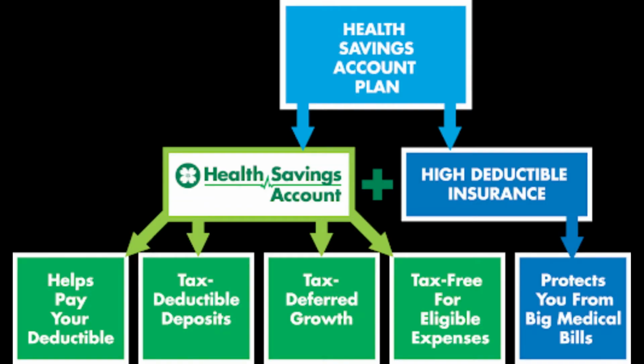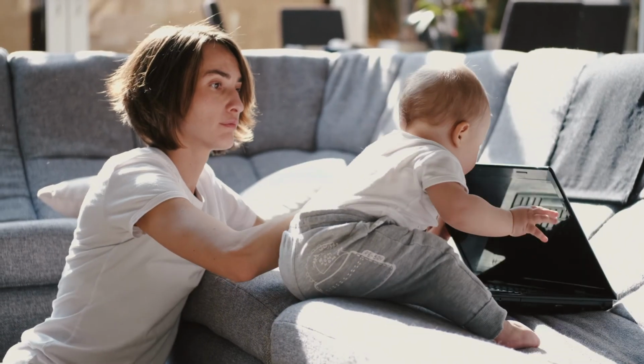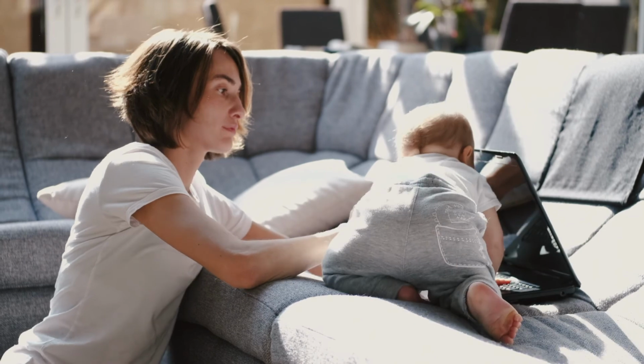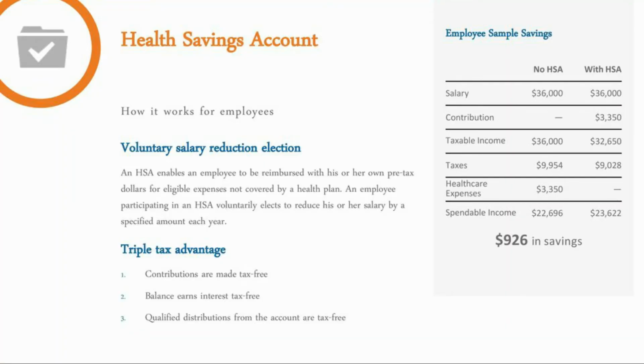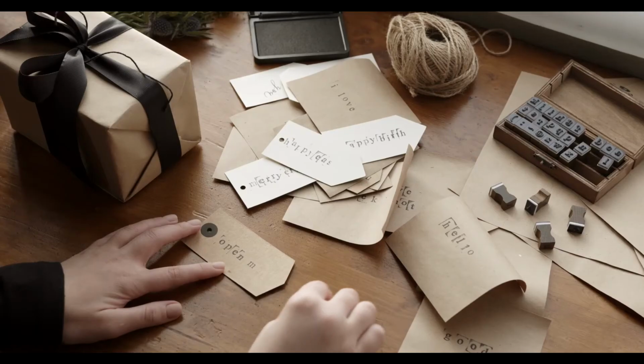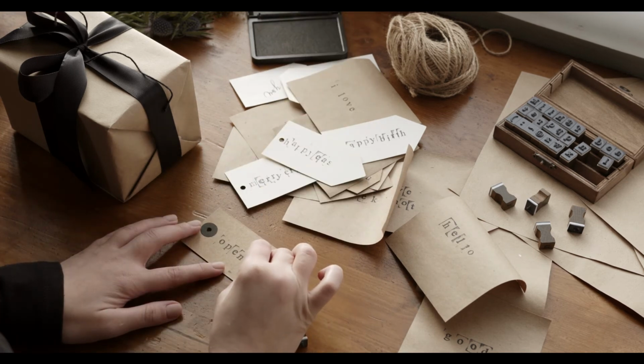A health savings account, HSA, offers 3 separate tax benefits that can make saving for healthcare expenses in an HSA a smart choice now and in the future. Pre-tax contributions. A couple having 2 young children, to help save money for health expenses, switched to a high-deductible health plan, HDHP, to take advantage of lower premiums. Then, to plan for any out-of-pocket expenses such as doctor visits or prescriptions, they opened an HSA available through